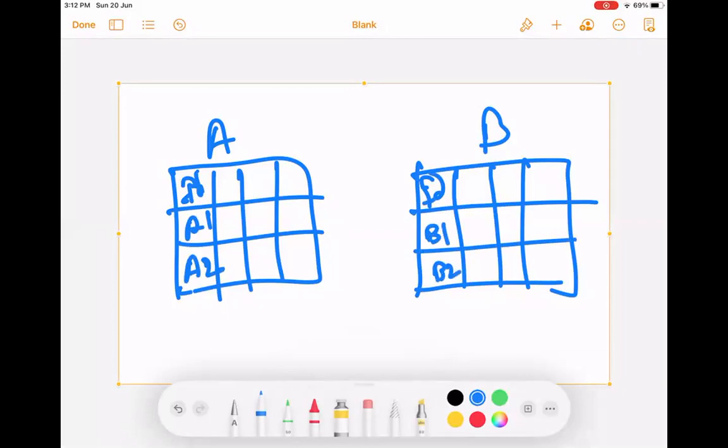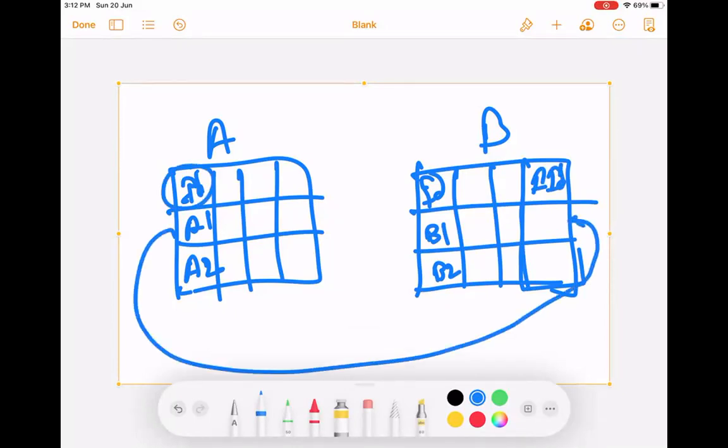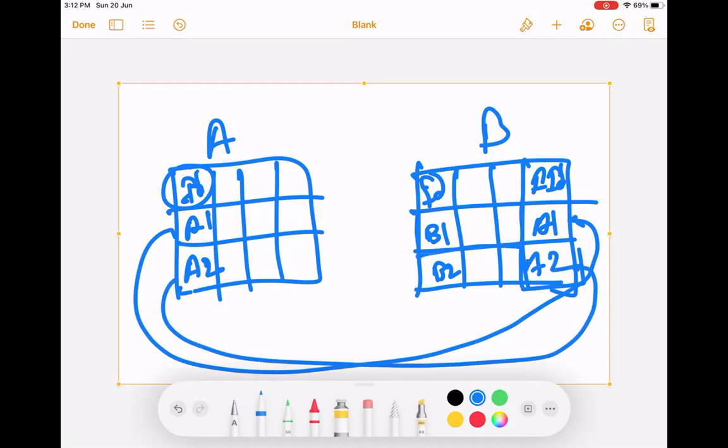Now, if I create a field in table B, which is the A ID, that means the ID of table A, and I put this value here, and I put this value here, what happens? Then this row gets associated to this row.